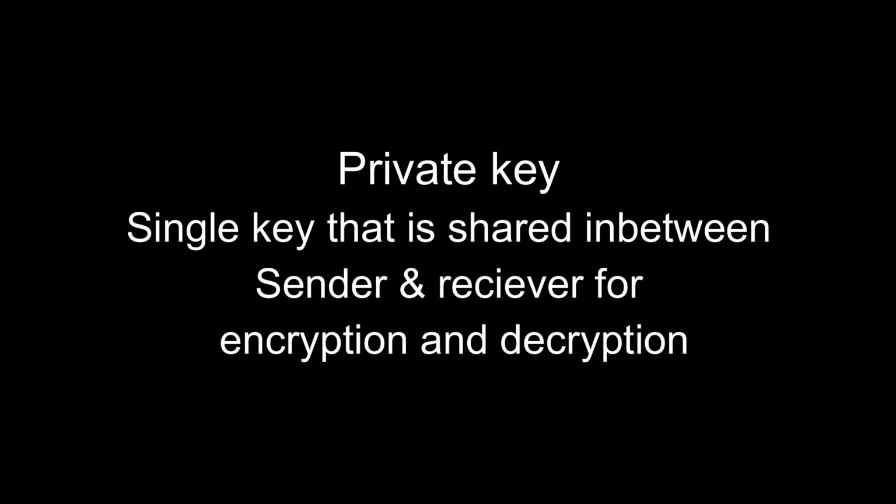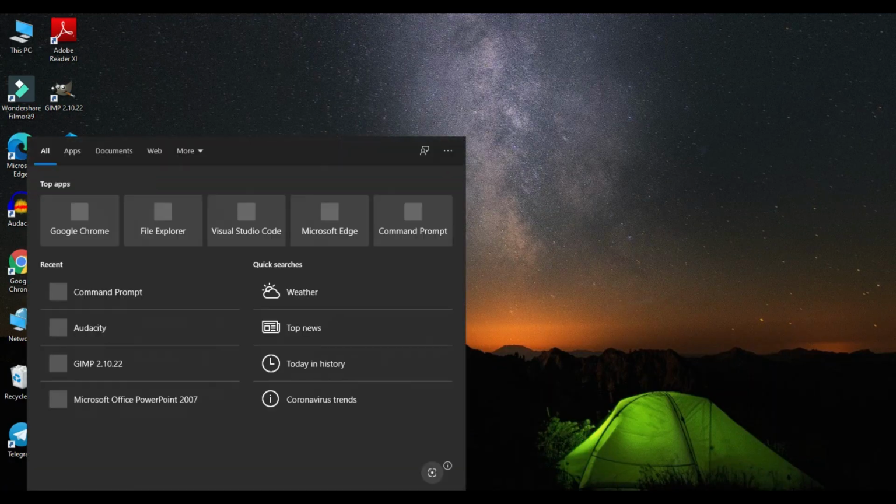The private key is also called symmetric. It is common for both parties. Private key cryptography is faster than public key cryptography because in private key cryptography we are using one key for performing the encrypt and decrypt operations. But in public key cryptography, we are using two keys to encrypt and decrypt the data. Okay, so in this program we are going to use private key cryptography to encrypt and decrypt the voice messages. Now the installation part.